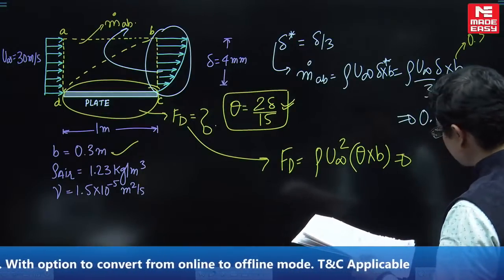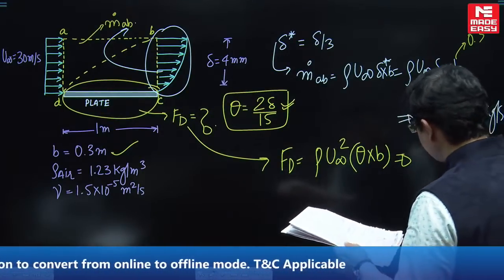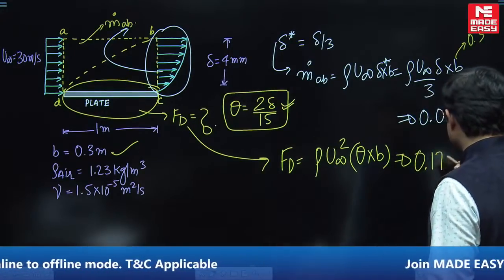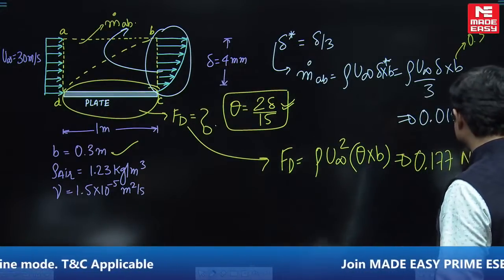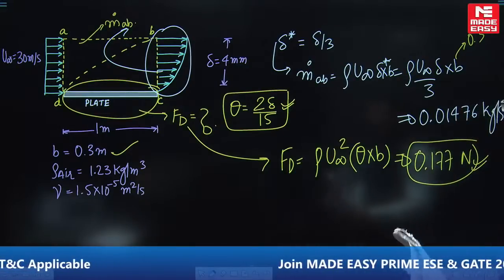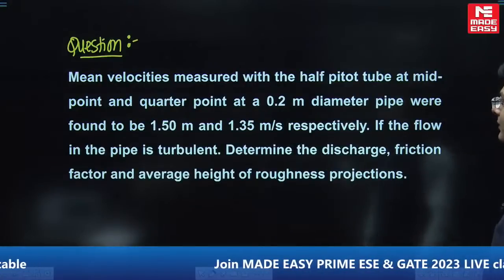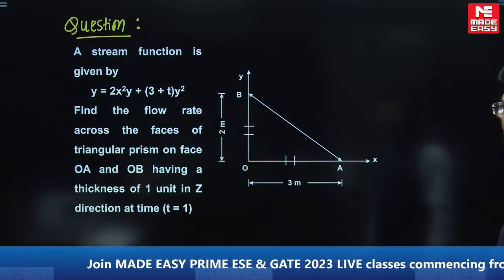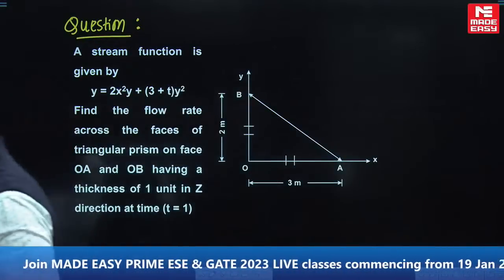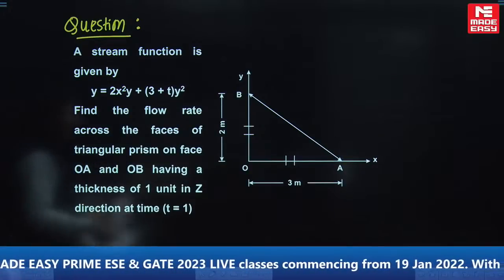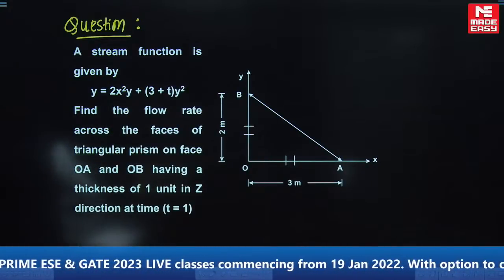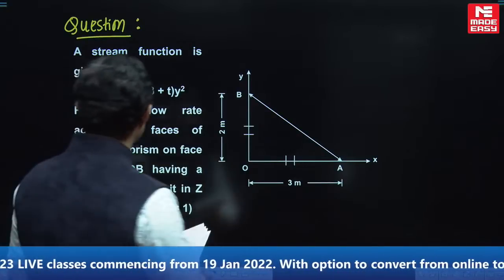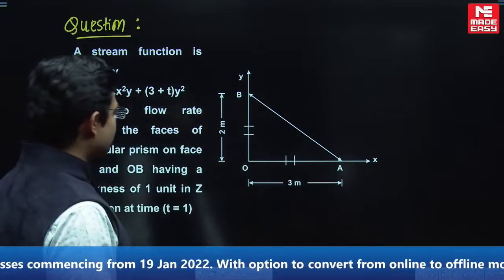Okay, wonderful. So therefore, my dear students, from here, drag force over the plate will come out to be 0.177 Newton. Wonderful. ये turbulent flow का क्वेश्चन है, अभी हम इसको skip कर रहे हैं। चलो, this will be the last question for the day यार. बहुत कुछ करा दिया, उम्मीद से ज्यादा ही मिल चुका है। लास्ट क्वेश्चन फॉर द डे,